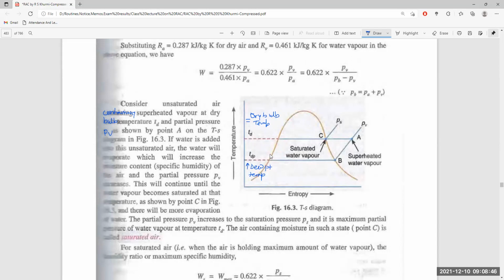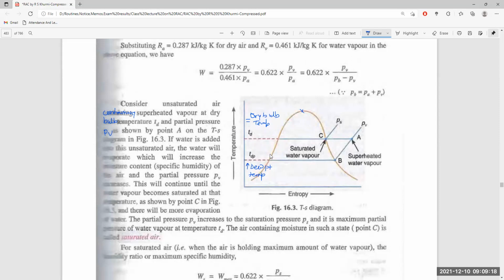Up to this point is saturated water and saturated vapor, and from here there is a mixture of saturated vapor and water, and here is the critical point. At the critical point, there is no latent heat of vaporization. From the liquid state, it automatically goes to the vapor state without any latent heat